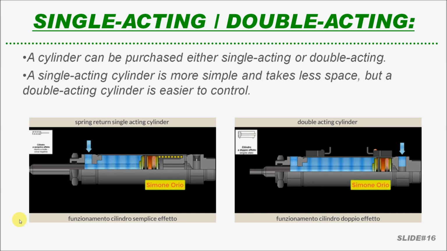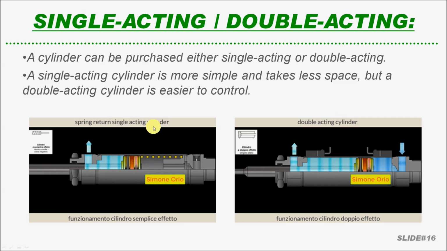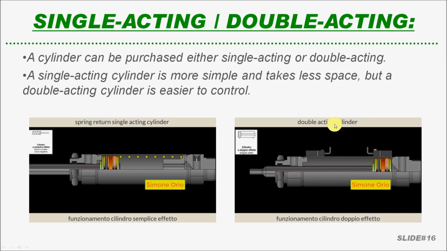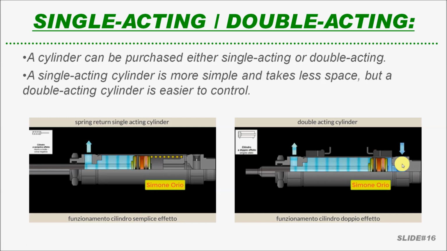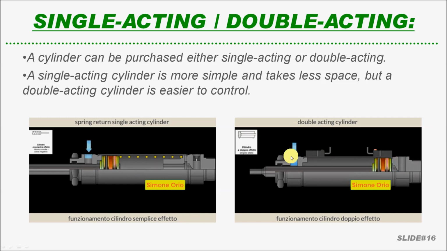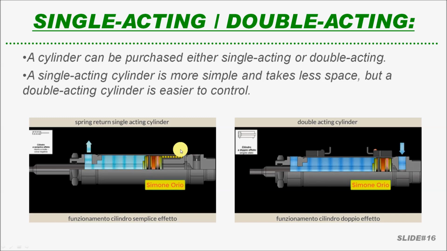And one of the things to consider when you specify a cylinder is whether you want a double acting cylinder or a single acting cylinder. So here's how this works. A double acting cylinder is more complicated. It's got two ports, meaning you have to energize one port, exhaust the atmosphere, energize the other port, exhaust the other atmosphere. So there's a little bit more complexity, but you can do the same motion with